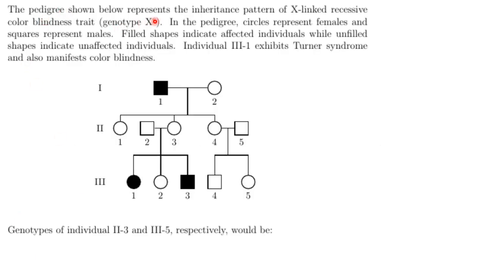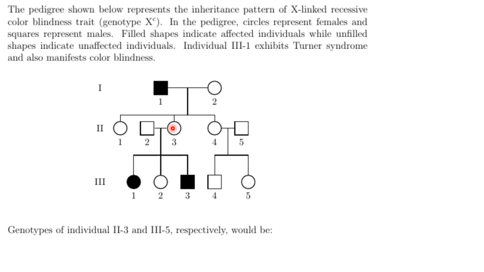Then the pedigree shown below represents the inheritance pattern of X-linked recessive color blindness trait. In the pedigree, circles represent females and squares represent males. Filled spaces indicate affected individuals while unfilled spaces indicate unaffected individuals. Individual 3-1 exhibits Turner's and also manifests color blindness. Genotypes of individual 2-3 and 3-5 respectively would be